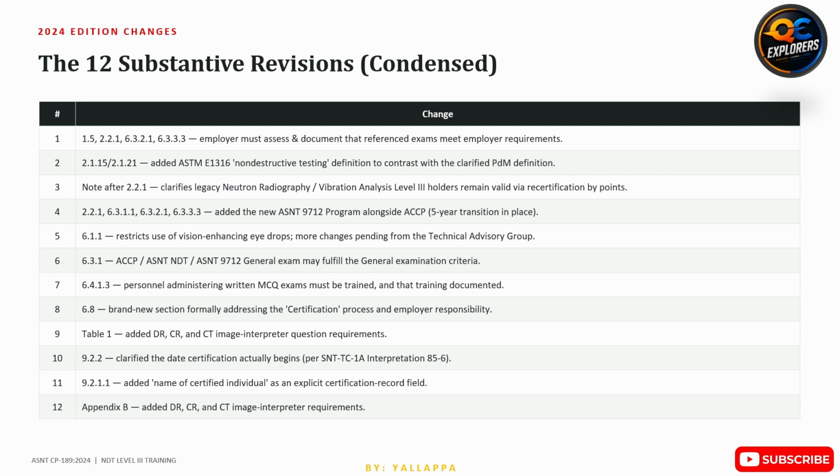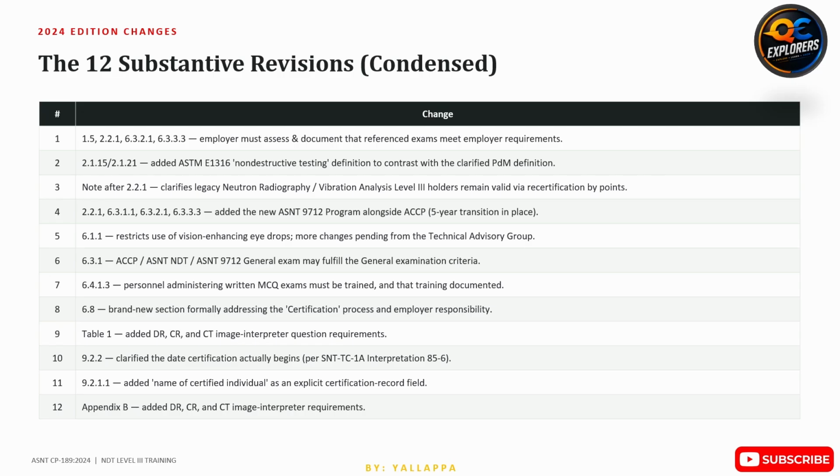The first revision requires the employer to assess and document that any reference certification examinations satisfy the employer's own certification requirements before they can be accepted. This reinforces employer responsibility throughout the certification process. The second change adds the ASTM E1316 definition of non-destructive testing, providing a clear distinction between NDT and predictive maintenance